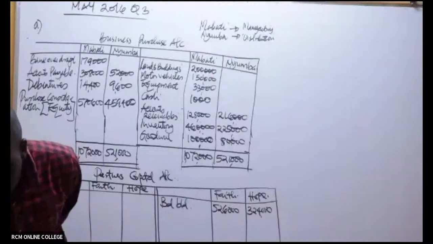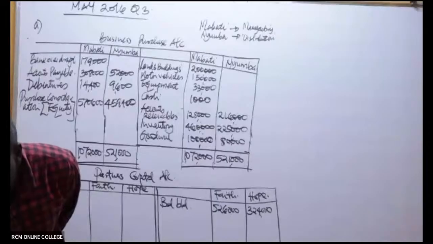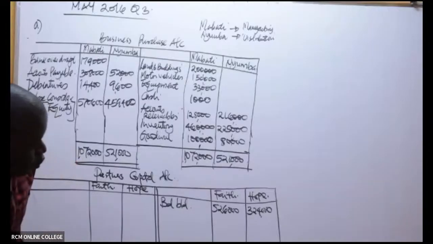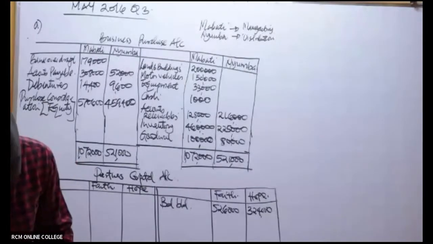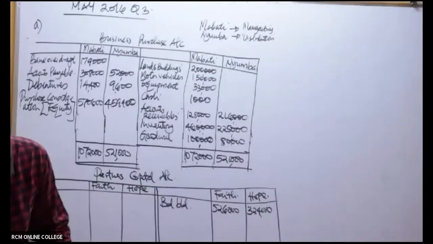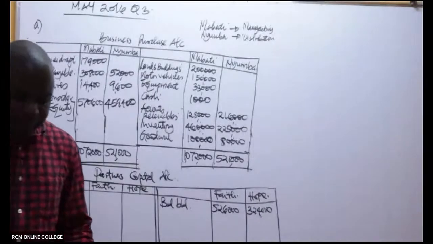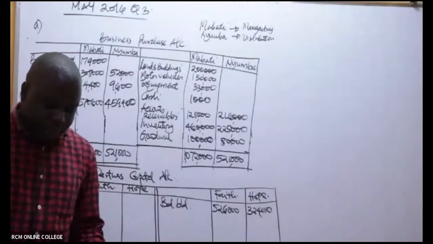Ukiangalia hapo kwa hiyo TB balance, utaona umepewa ya Faith capital yake ilikuwa 526 na balance ya Hope ilikuwa 324,000. But now in this case, if you look at now in this case